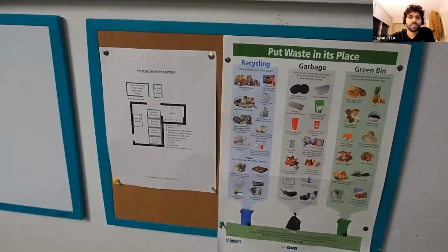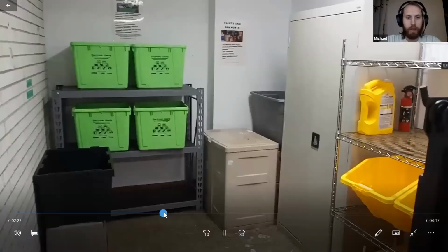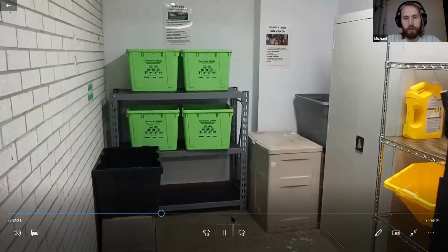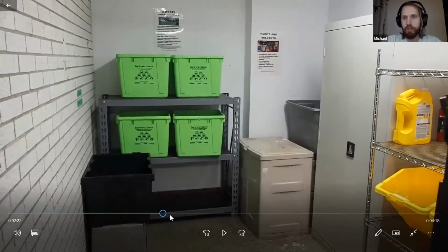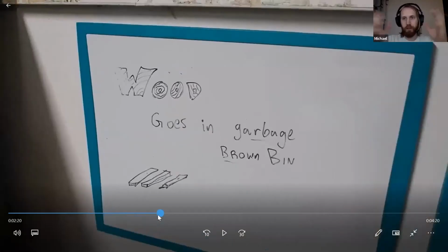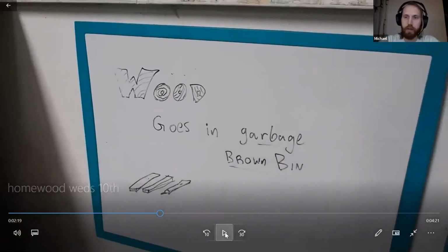Nice. And then on the left, there's a whiteboard, and we'll write in messages, things that we notice, and ask residents to make sure. Because we're trying to increase our organics usage, we'll write things on there to encourage different uses for the organics, or if things are becoming a problem, like during December and the winter months, we sometimes see a lot of wood crates, and people sometimes throw that in the recycling bin and they don't realize that it belongs